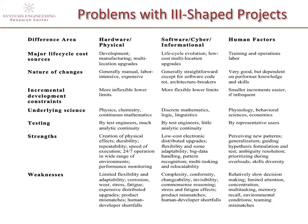On major lifecycle cost sources, the hardware people feel that the more you produce, the cheaper it gets per unit. Software people have found through bitter experience that the more software you produce, the more expensive it gets per line of code. So again, I will stop there, but I think there's a bunch of things like that in here